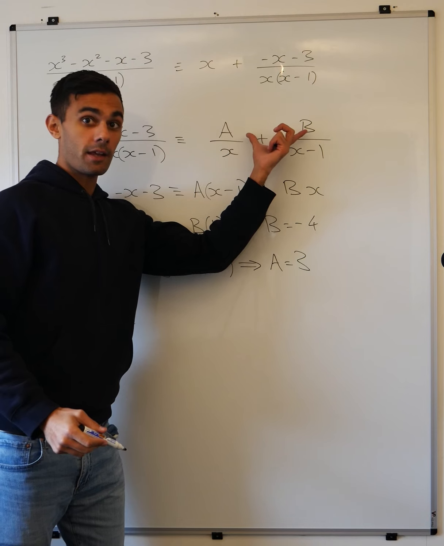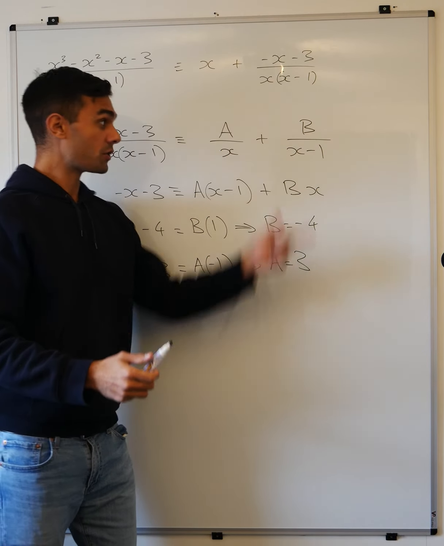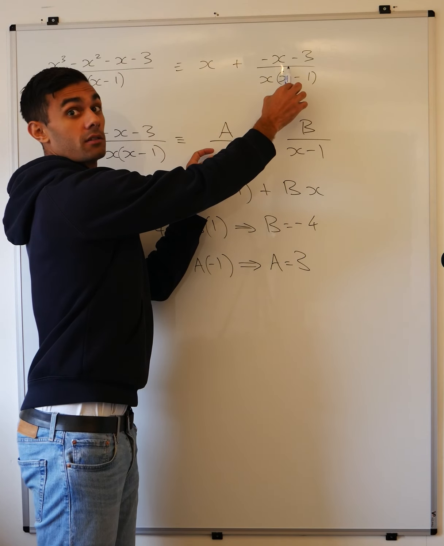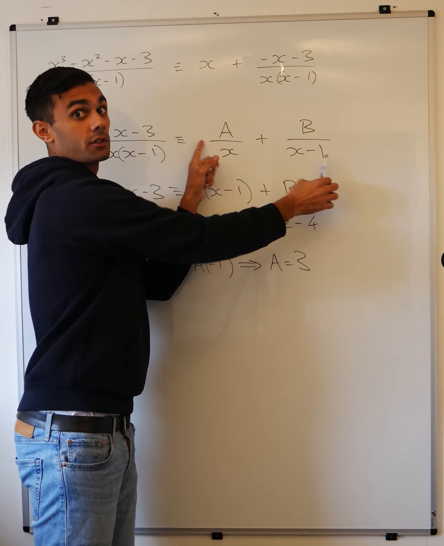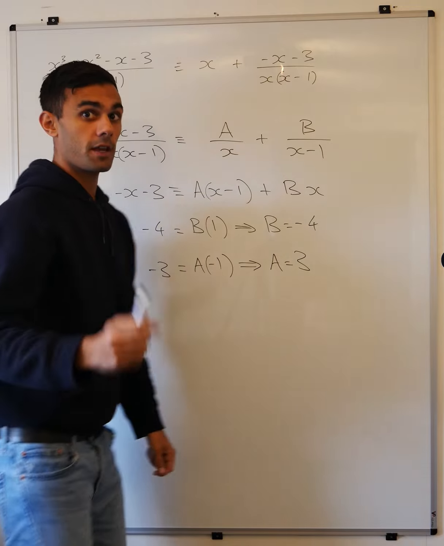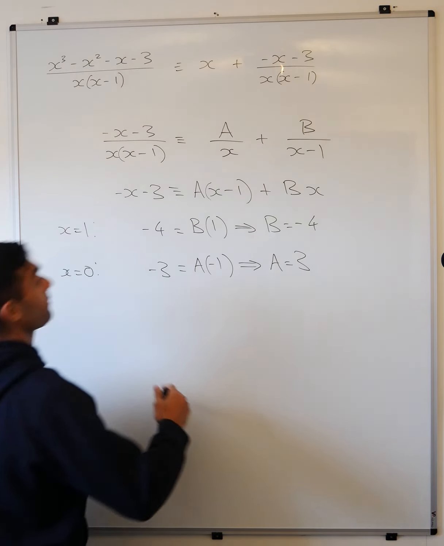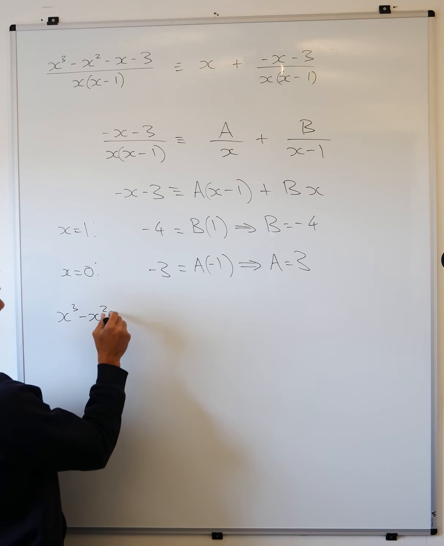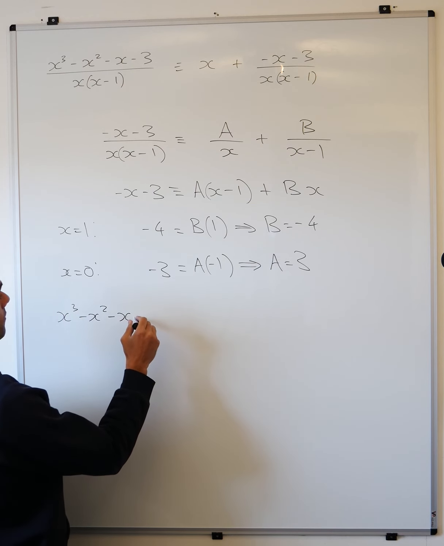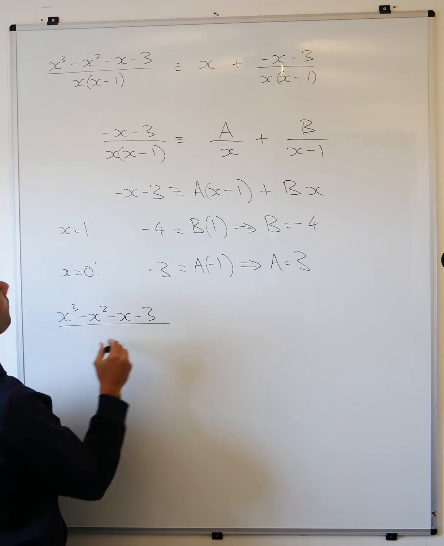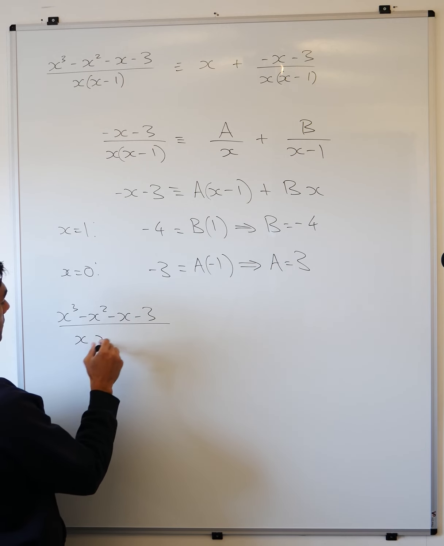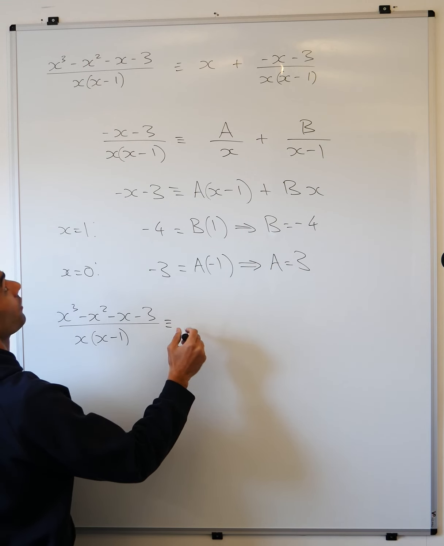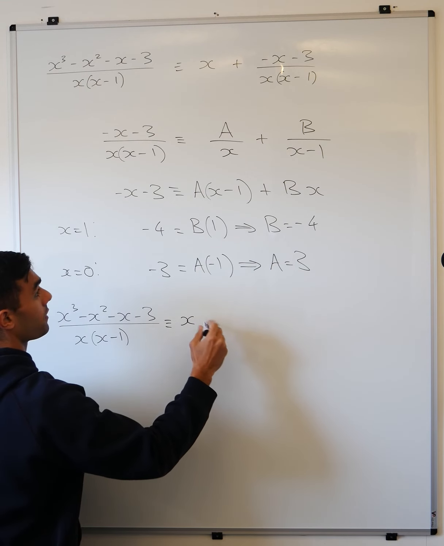We can put them back in here. We've got the partial fractions, we've got the numerators, and then we replace this up here with our partial fractions, and we're done. Here's the final line. So it equals x